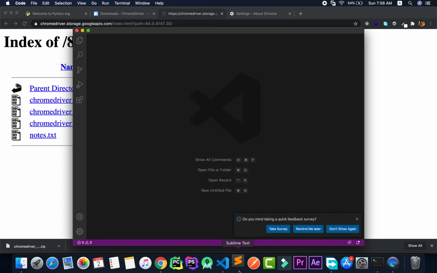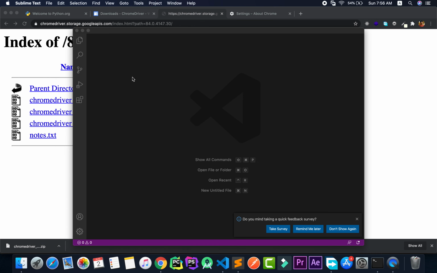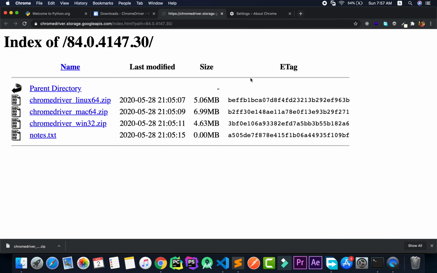For example, you can use Sublime Text, or PyCharm, or whatever, that's up to you, but we'll be using Visual Studio Code since it's very lightweight. I'll again put the link for VS Code in the description section, so you can download it from that link. And with that being said, the installation part is over, I believe.